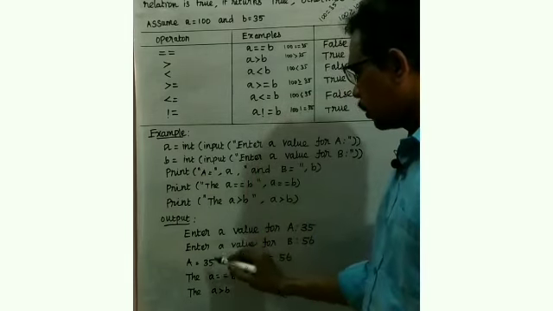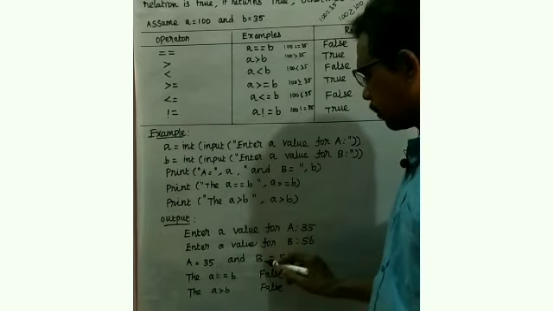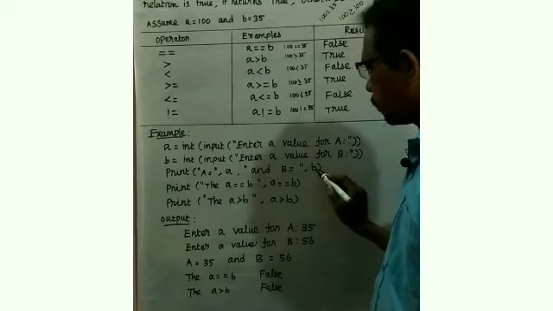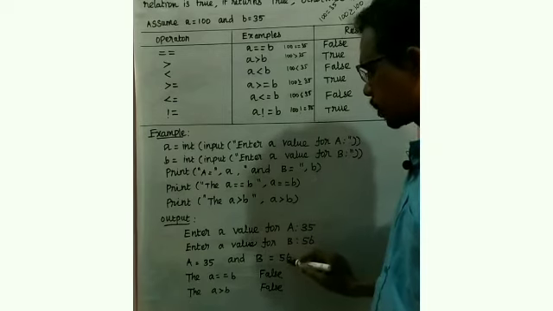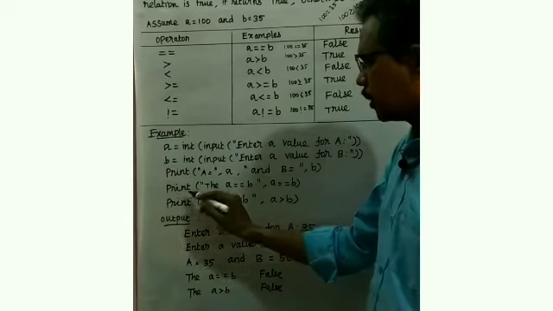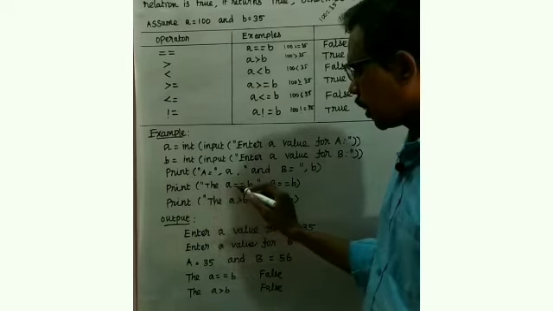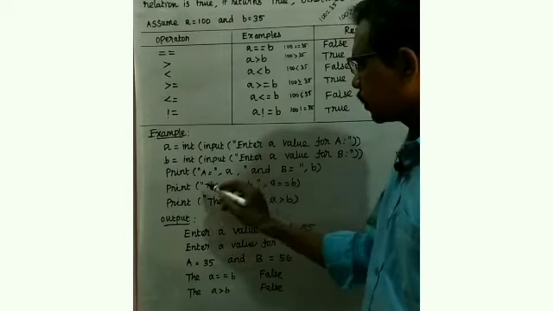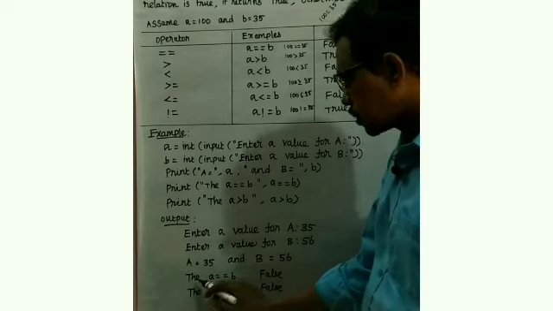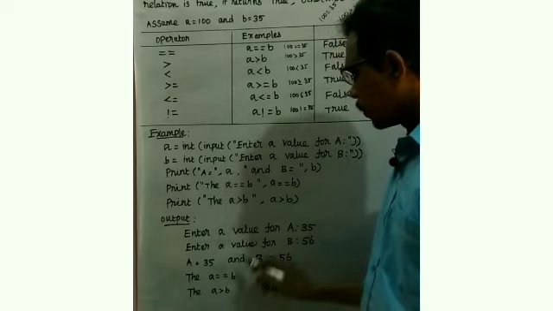Okay, so a and b equal, that is printed in the same manner. Next one, the b value is printed there. B value, what value did we accept already? 56. So 56 is printed there. Next one, print within the double quotation, what they have given means the a equal b. Up to b they have given within the double quotation, the same message will be printed there: the a equal b.